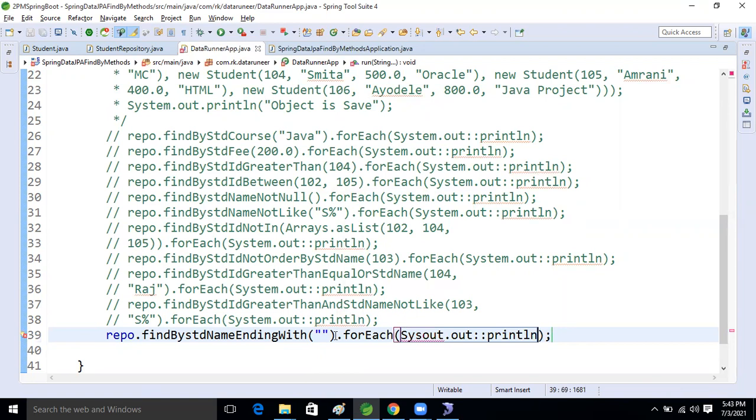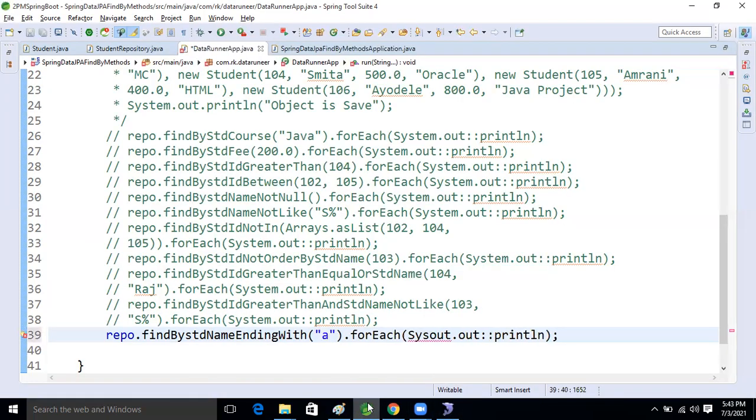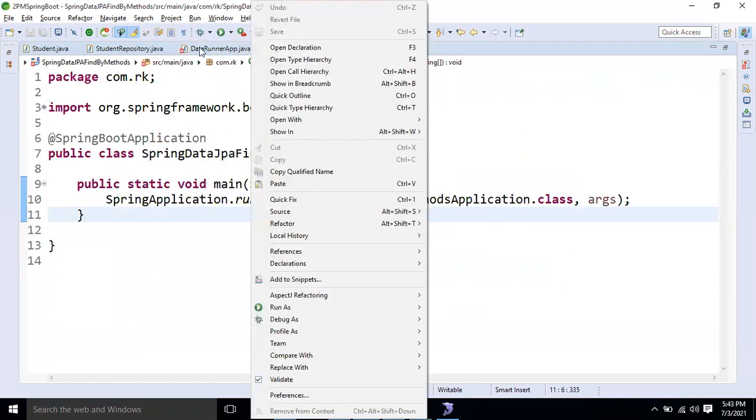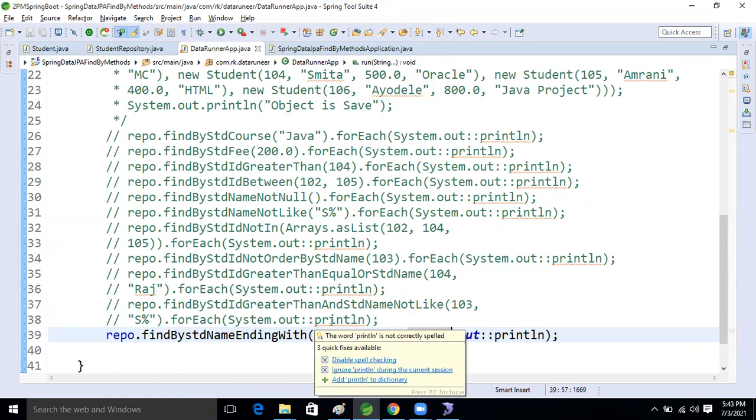Println, right? Now what will we take, guys? Ends with means what? Ends with R? No, sorry, A. Let's take the database A. Ends with A. Okay, now run the application. Before, percent. Sorry, percent A. No, here no need to take the percent sign. In this case, our query will be generated dynamically, so no need to take the percent.